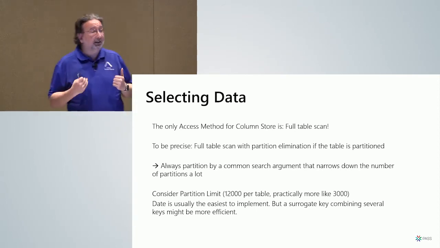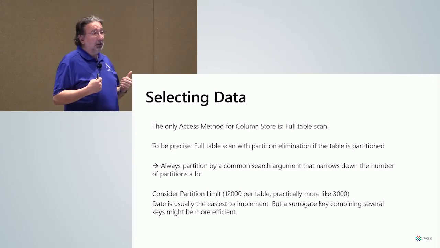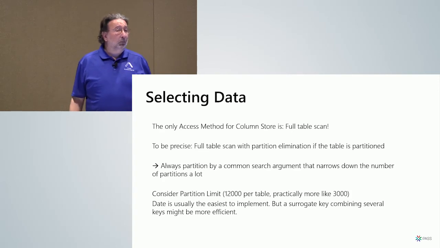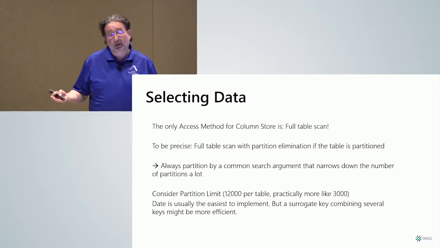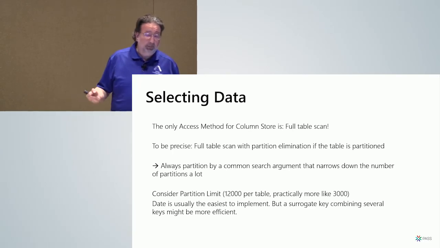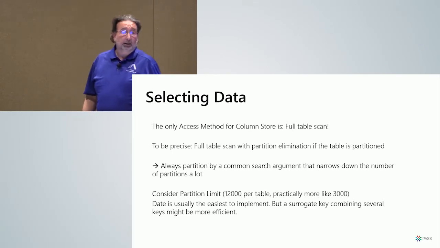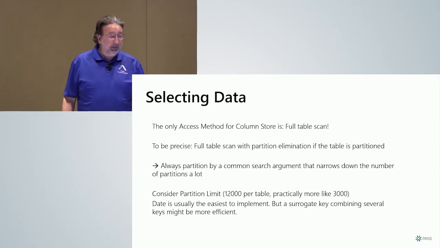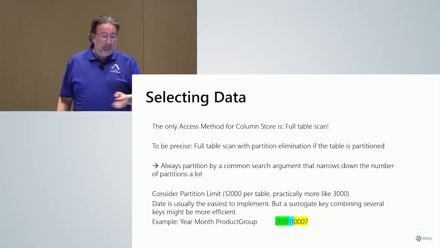In our case, we had 6 billion rows per day. So if I just partitioned by the date, I would have ended up with too many rows per partition to be efficient. So we decided to create a surrogate key that combined 2 fields, the date and